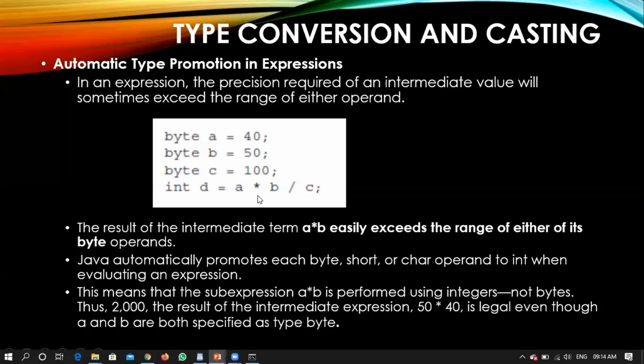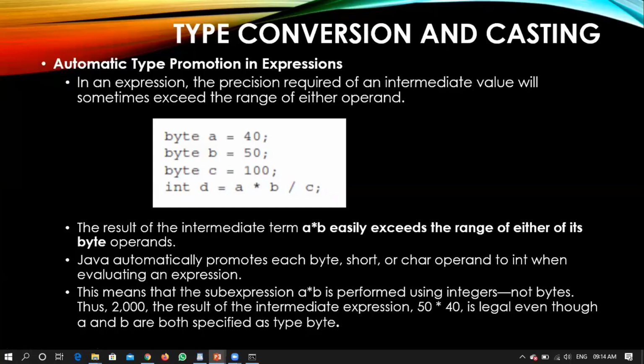When this operation needs to be done, it will be automatically promoted to an integer: it will consider this 40 as an integer only, and it will consider this 50 as an integer only. Automatic promotion will be done in case of expressions.